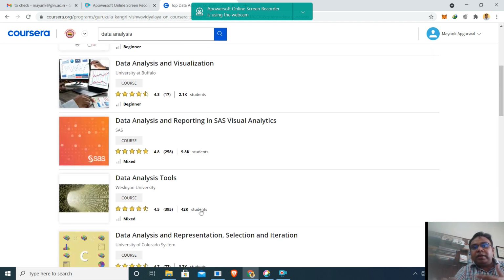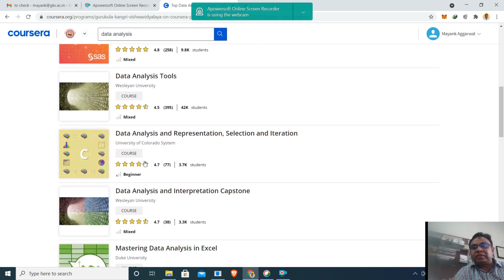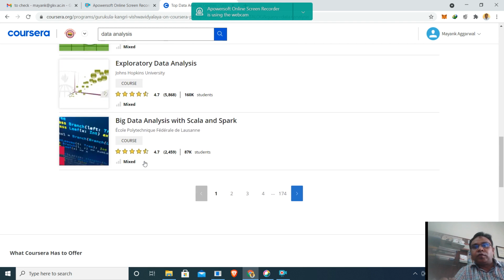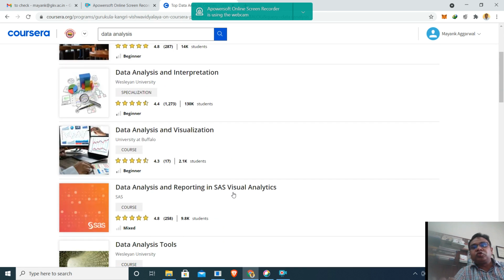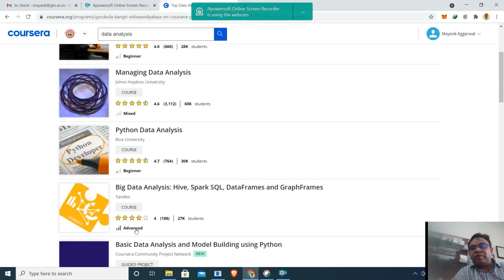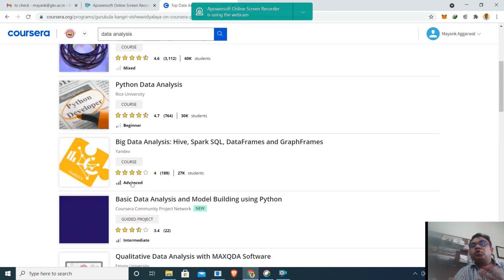If you have already learned something and you are in the mixed state, then it says that it is for those who know at least mixed, and there are also courses for the intermediate level or those who are at experienced level. Over here, like it says, advanced level. Advanced level means you already know about this course and your basics are clear. So depending upon your ability, you can choose a course.